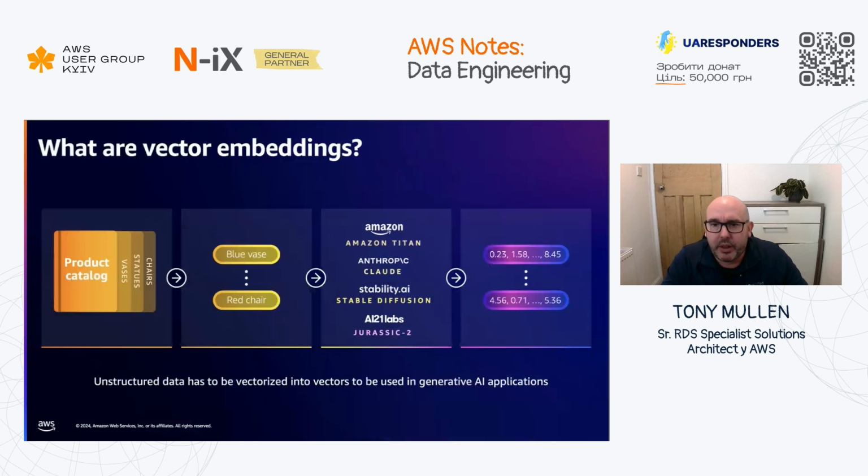Now, this is where the vector data type comes in. It's really a bit like a large array, a big list of numbers, which you can see on the right-hand side. And for the purposes of generative AI, the raw data goes into something called an embeddings model. We're going to be using Amazon Titan embeddings in our example today. What we do is we pass our product information, so our blue vase, our red chair, whatever our product information is, into the embedding model. The embedding will create a large number, a vector.